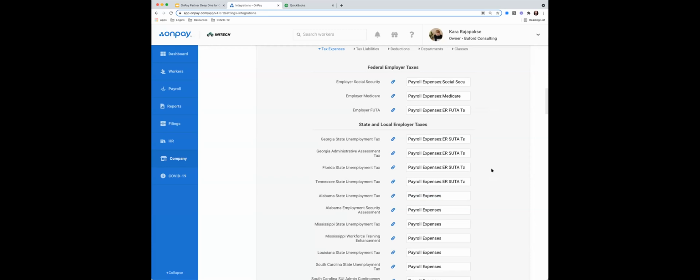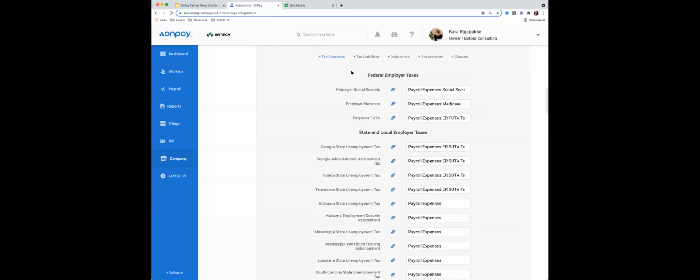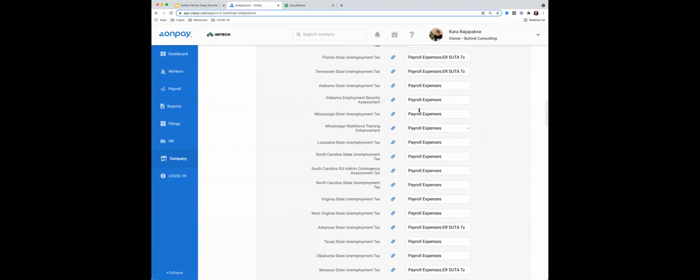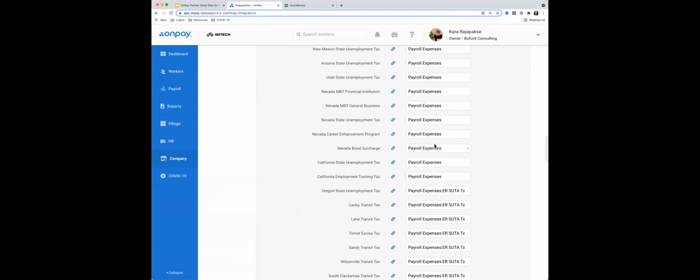The more details you put here and the more accounts that you select, the more details you're going to get in your QuickBooks. So these are just all of our tax expenses. Kara has every single state in her test account, so it's a long list. I won't make her go through all of it, but that's just additional tax types for all of those states.